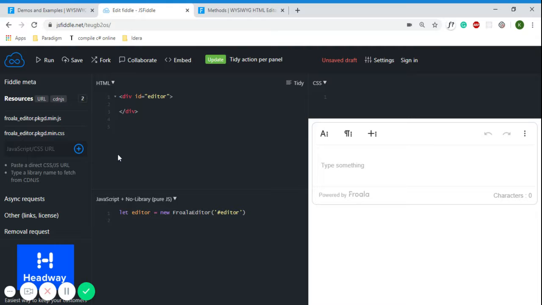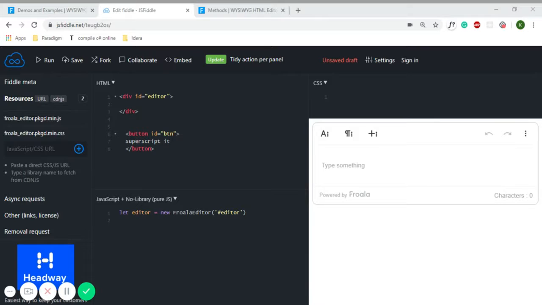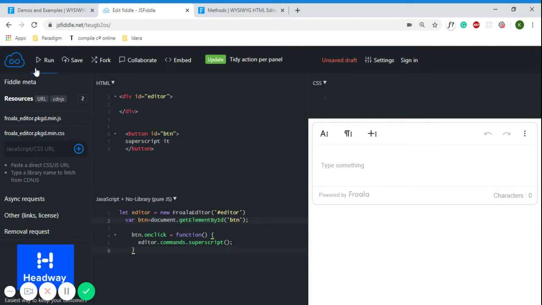And now I'm going to paste the custom HTML button, and that is for Superscript, and paste it here. And now I am binding a click event on that button and then click on run. So by doing this you will get a button like this, and now I'm going to type something here